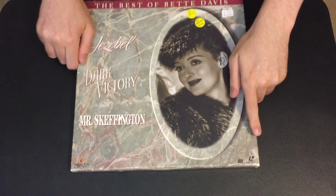Now this one is a pretty difficult to come by box set. Unfortunately, it's missing a disc, but the seller had it marked at such a nice price, I figured I might as well get it, because at least it had 2 out of 3, and the set itself is pretty difficult to find. So this is the MGM box set entitled The Best of Bette Davis, which gives you 3 of